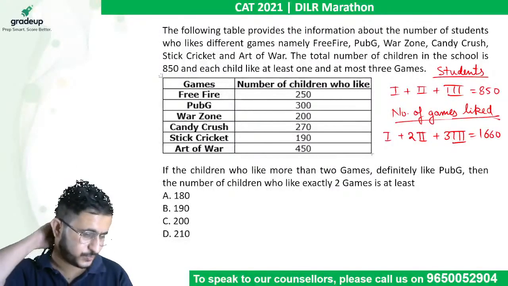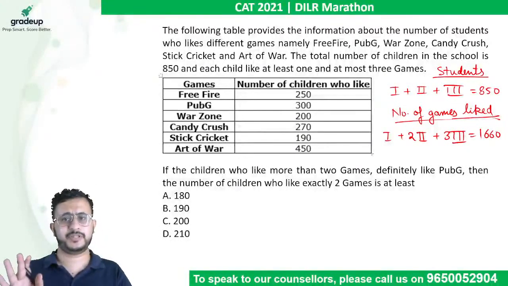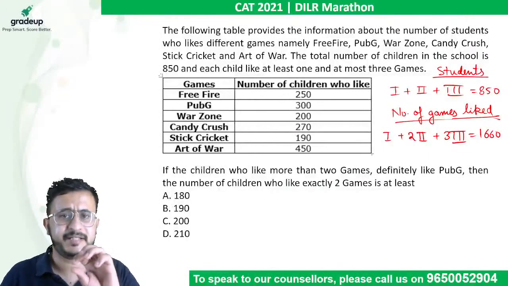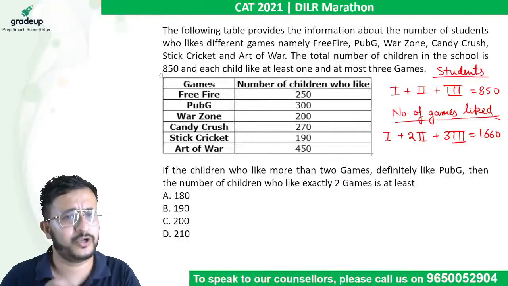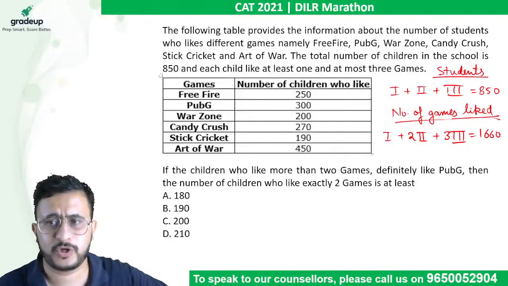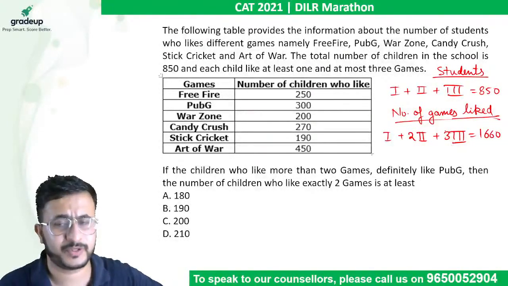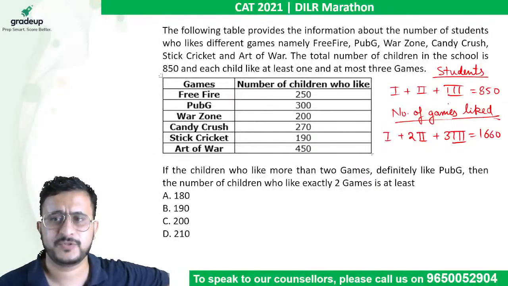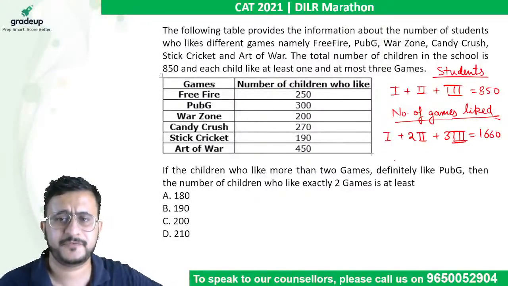So did you understand this question, that people who like more than 2 games definitely like PUBG? So more than 2 games means 3 games, right? So the number of people who like 3 games definitely like PUBG, right? Let us say 10 people are liking 3 games, right? All of them will like PUBG for sure. Okay, now what they've given is, if you have to find the least number of people who like 2 games,